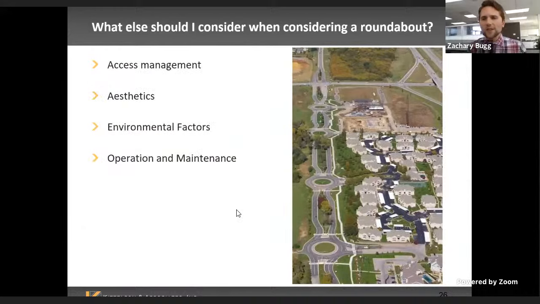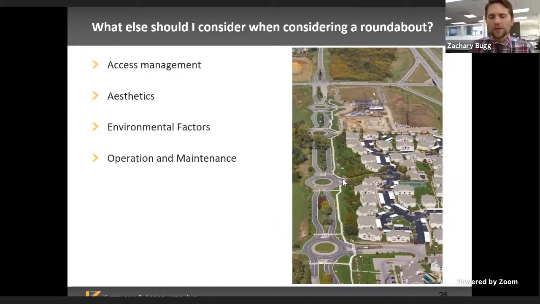A few other benefits. I think Tanvir brought up a good point with right-of-way conservation and access management. You can see in this example, there has been quite a bit of buffer between the community and the intersection. You're not allowing driveways directly onto the highway here. So if you did have that, the benefit of the roundabout is you have an easy U-turn. You can keep the median throughout the length of a corridor and still provide all the different directional ins and outs at driveways and side streets.